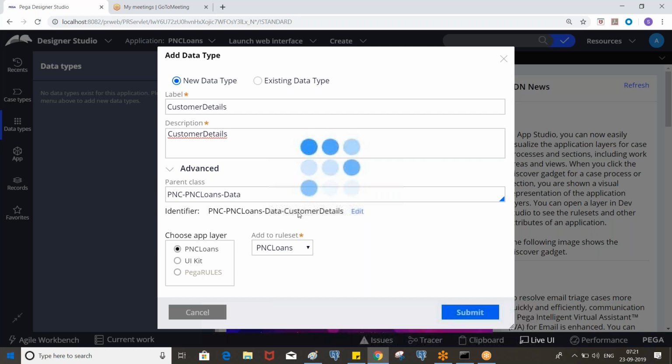And this will be the class name, PNC loans data customer details.